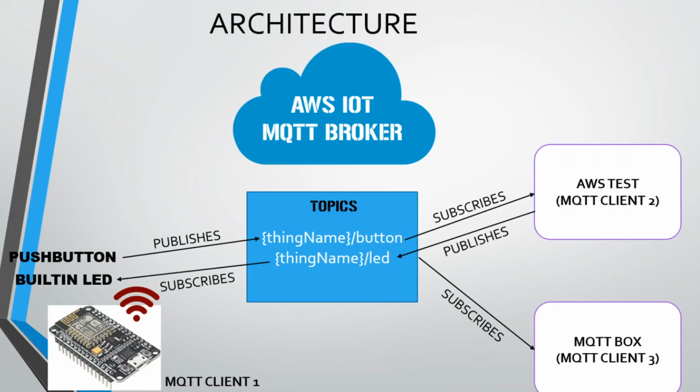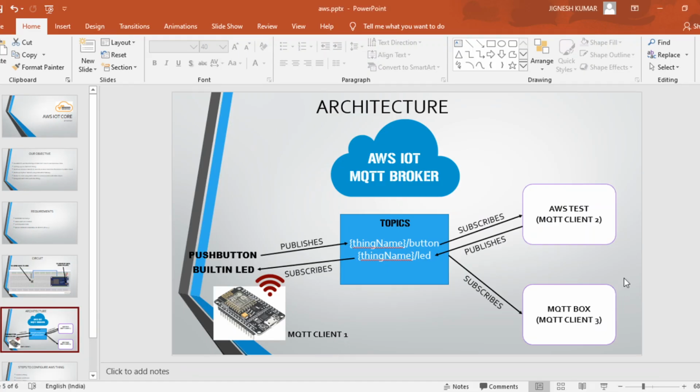After that we will also subscribe via this MQTT box so that we can receive data on every topic, basically button data as well as LED data. And we are also going to send and receive data from the Postman service using the RESTful API of AWS IoT Core. We are also setting up the SQL part, the IoT SQL part of AWS, which is very powerful. You can see that in the second part of this video.